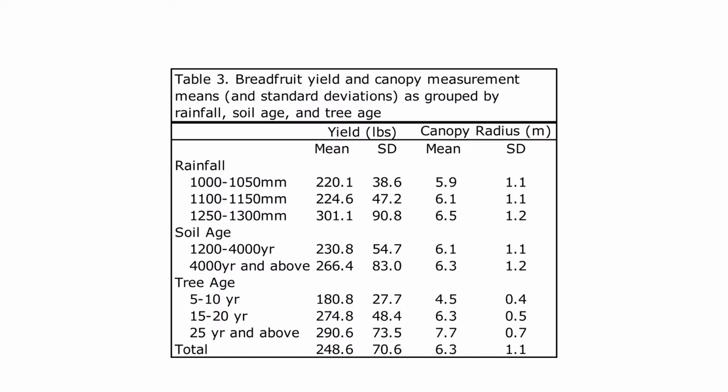And other work we've done, this was about 10 years ago as part of my PhD, looked very intensely at the Kona region and how production in the trees changed with rainfall, soil age, and tree age as well. So again, we've done quite a bit of work in here, and just kind of want to leave you with a few key